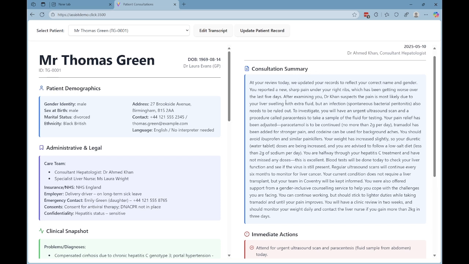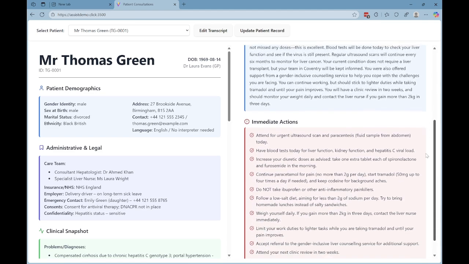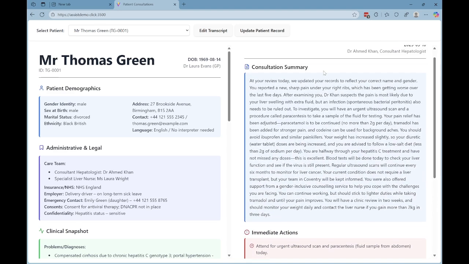And you can see it's written for the patient. It's all in the second person. At your review today, we updated your records, and you can read this in your own time. But there's two things that you get here. You get a consultation summary that's written in plain English, and I say plain